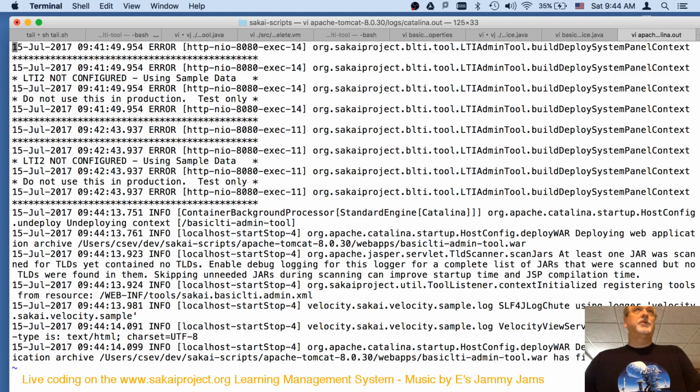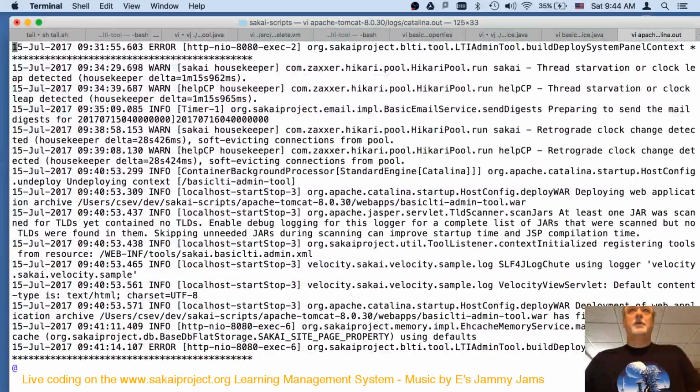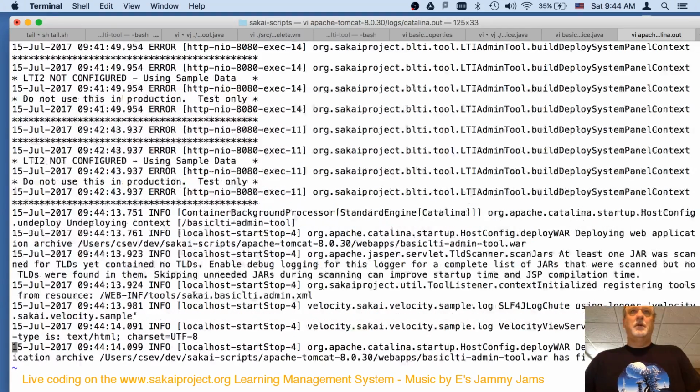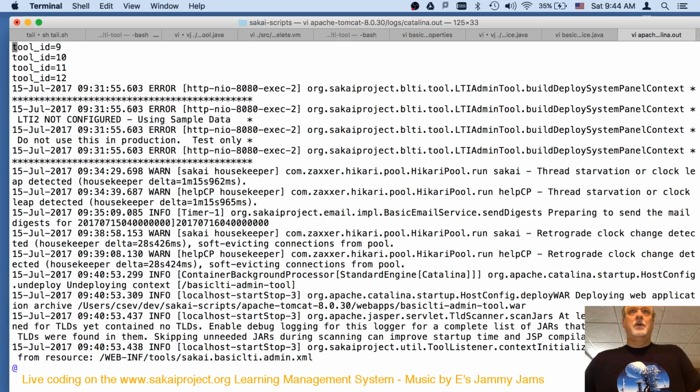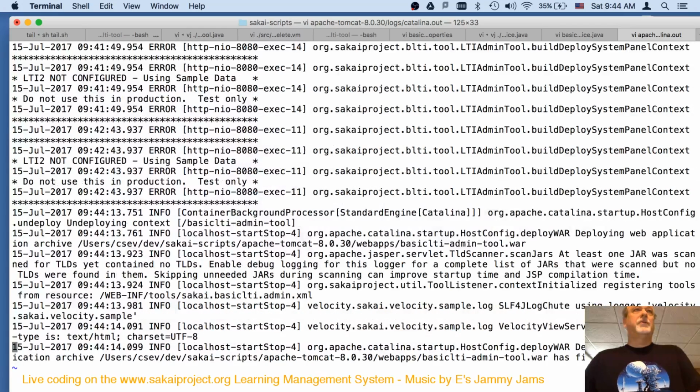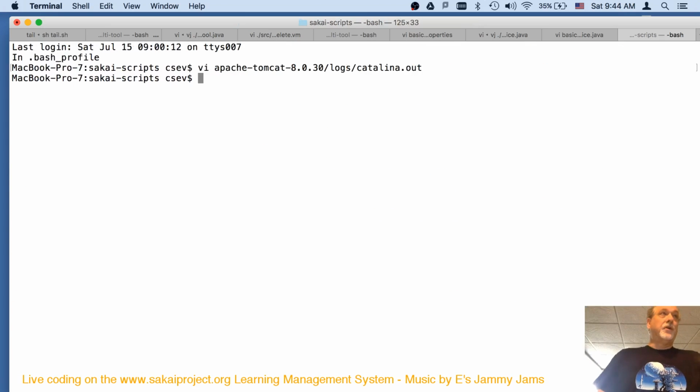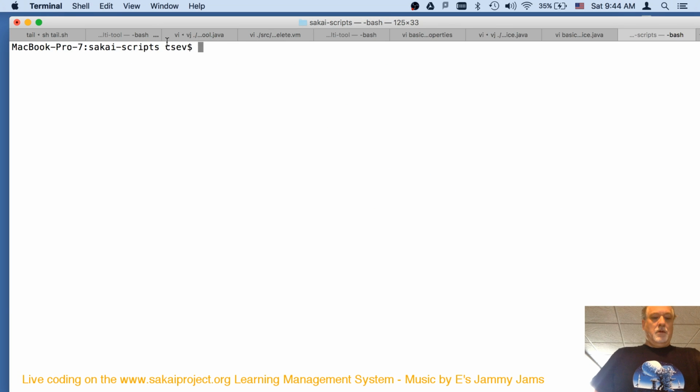Okay, those are just the LTI2 thing. No, it's just complaining about sample data, which it does all the time, which I want it to do all the time. Okay.